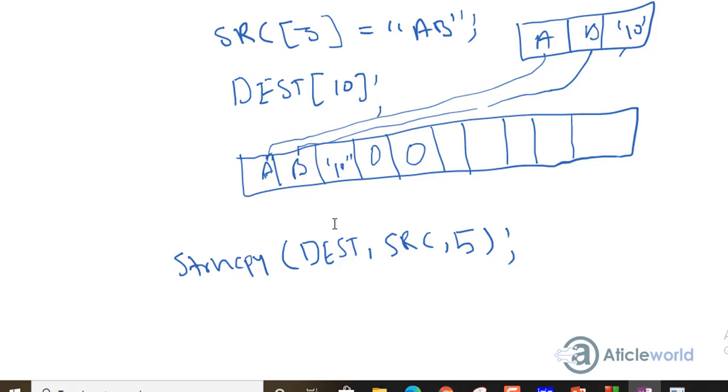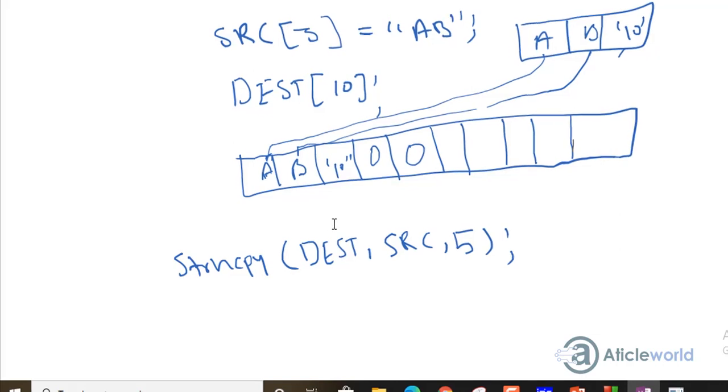And before moving to the next point, I forgot to mention one thing. In the second point, if you get the scenario where your source buffer is longer than the number of bytes which you want to copy, then in that scenario you should explicitly assign a null character after the strncpy function. So it will not print garbage value, and your destination array contains a valid string with a terminating null. I have already mentioned an article in the description list. If you want, you can read this for better understanding. So let's move to the other points.